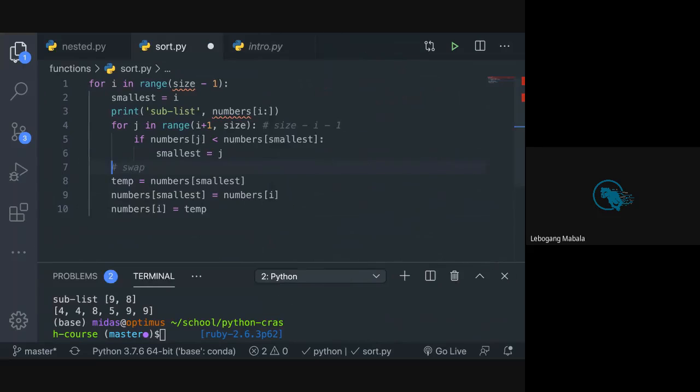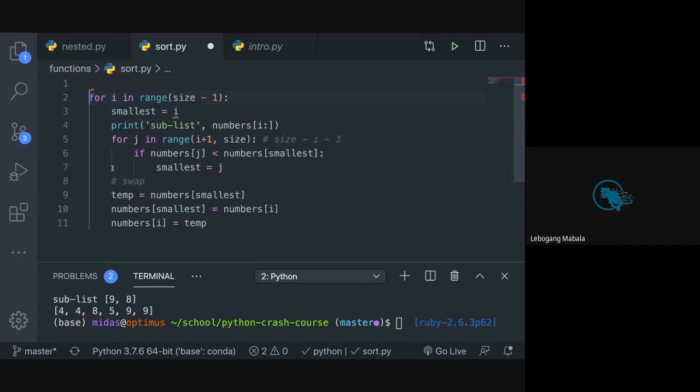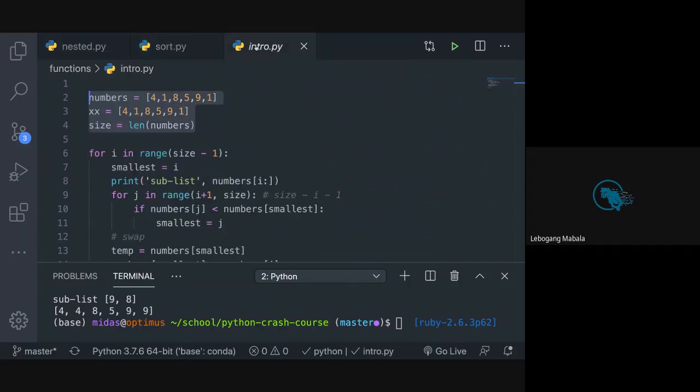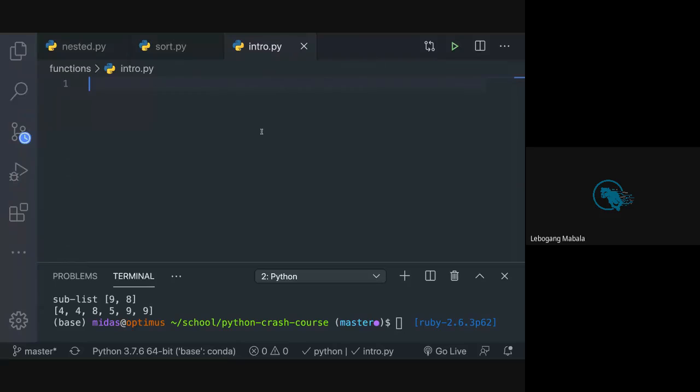Close that. Cool. So yeah, I'm just gonna go back to the intro. So I copied that code to the other side. I'm gonna go back to the intro for